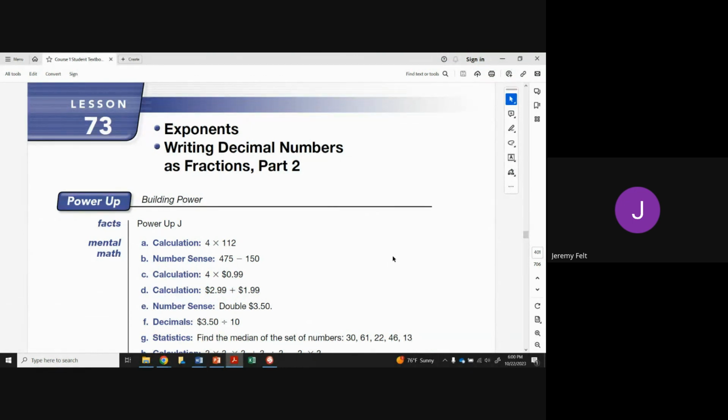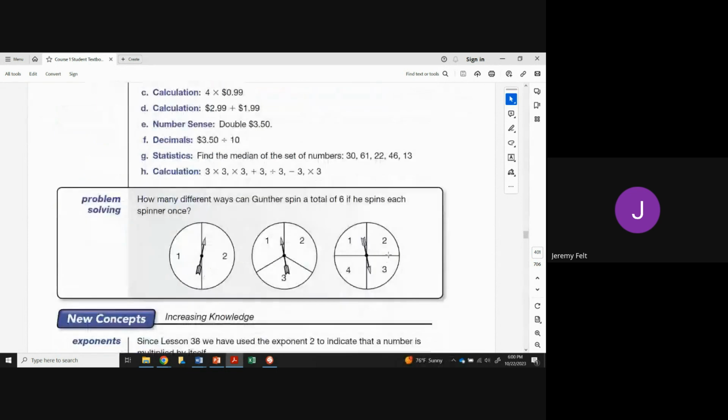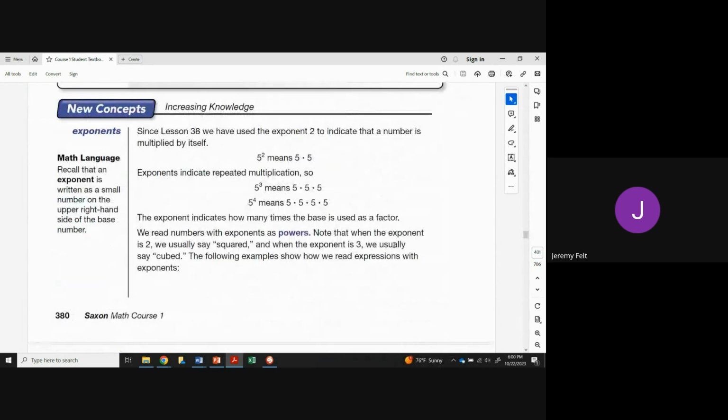So lesson 73, we're working with exponents and then writing decimal numbers as fractions, part 2. We've been doing that plenty this year, but we'll get more practice with it. An exponent, again, you may have seen problems like this where you have a small number in the upper right-hand corner. This doesn't mean 5.2 or 52, and this is where when we're writing out a problem, we want to make sure that